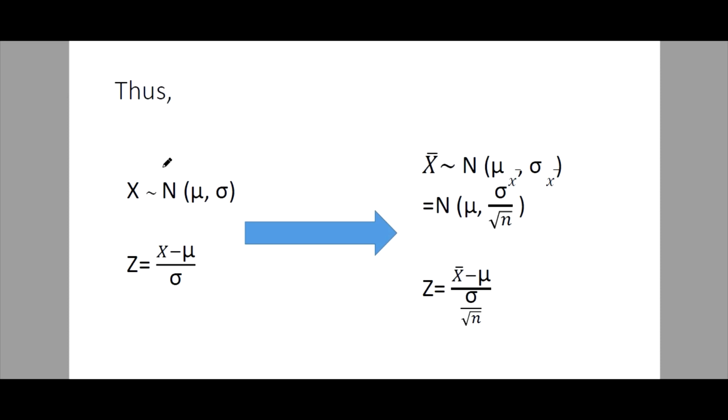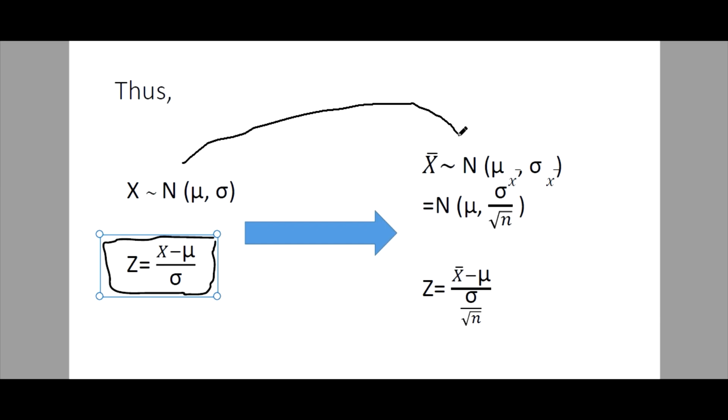Now, a random variable x is approximated by a normal distribution with a mean mu and a standard deviation sigma. And our standardized formula for this one to get the z-score is this one. Now, since we're talking about the sample means, we can just substitute some values from here. So we're talking about x bar. This will be approximated, therefore, by the normal distribution with mean mu sub x bar and the standard deviation